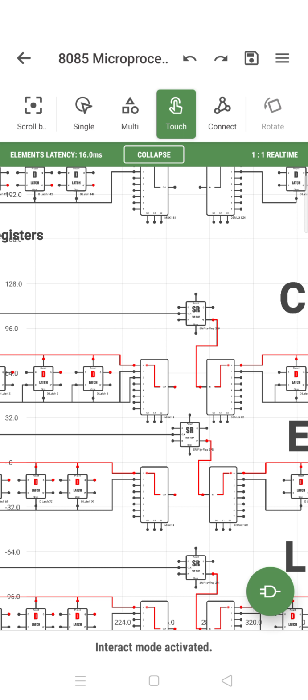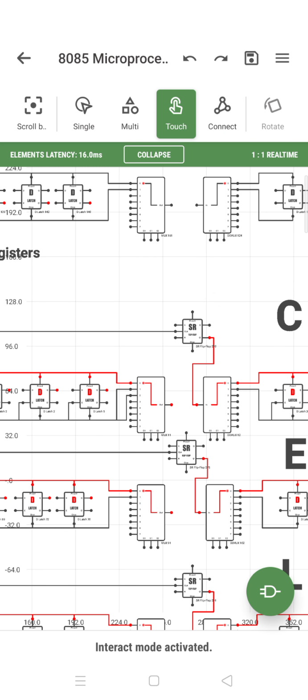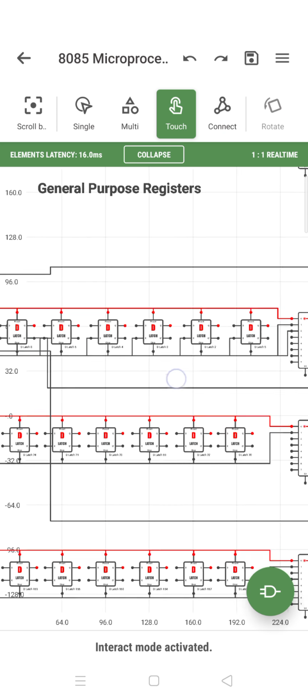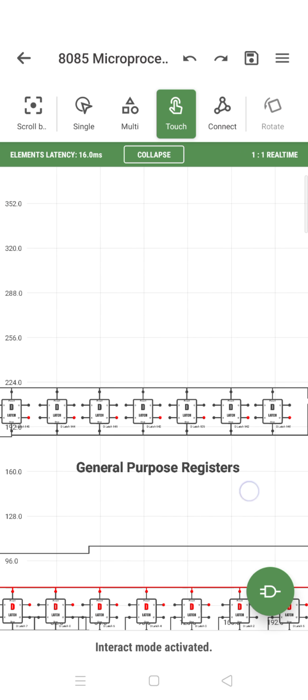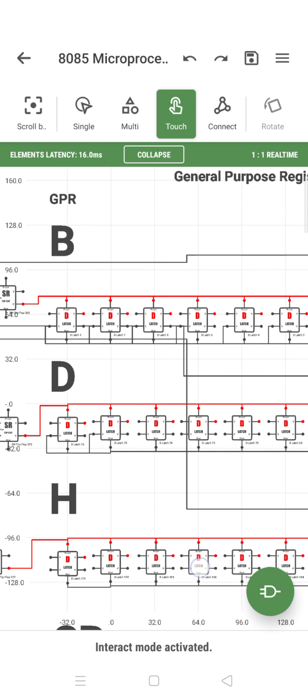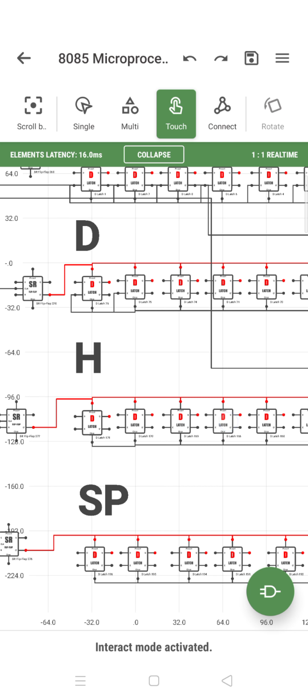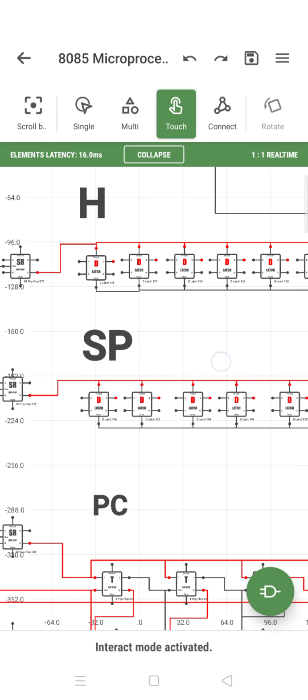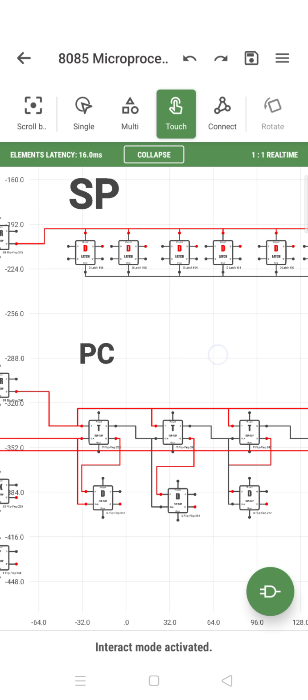Then you stop the timing and control, and for the next instruction you release from the registers to the particular timing and control signal. And now these are called the general purpose registers, and some are called the special purpose registers. B, C, D, E, H, L are called general purpose registers, and SP, the stack pointer, and PC are the special purpose registers.